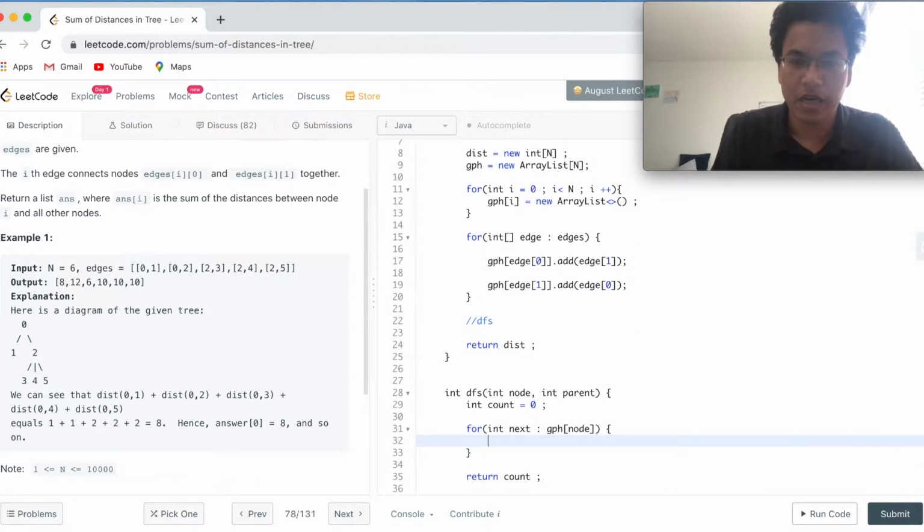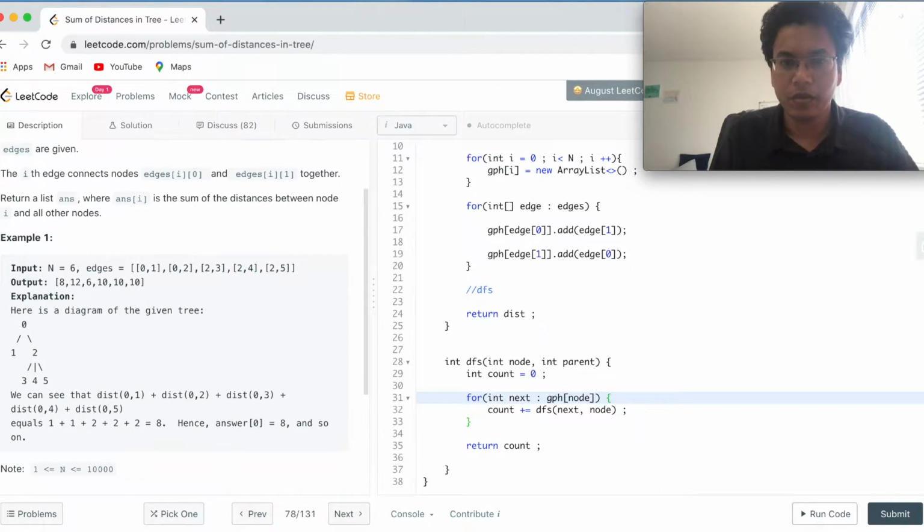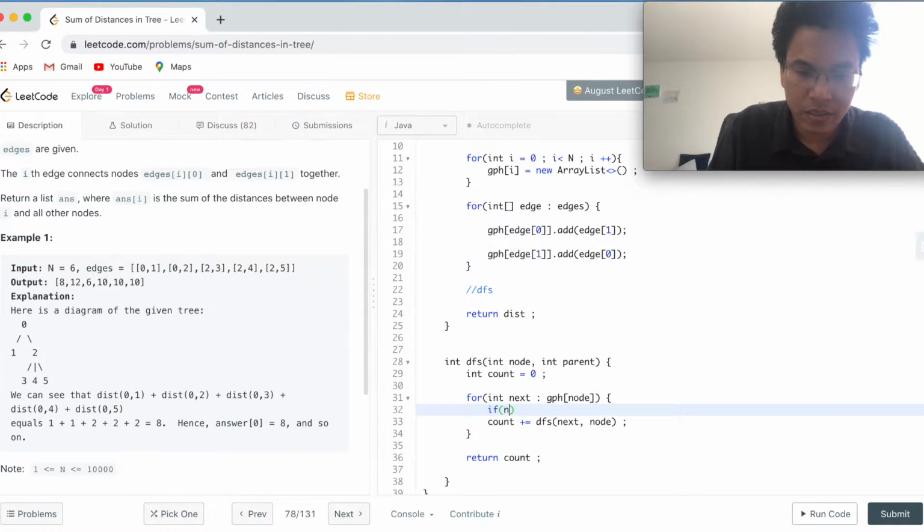Because I'm going to accumulate the count, count plus equal to DFS, and my parent node is actually the node, so I'll say DFS(next, node). We also have to write if next equal to parent then continue, to avoid the loop.